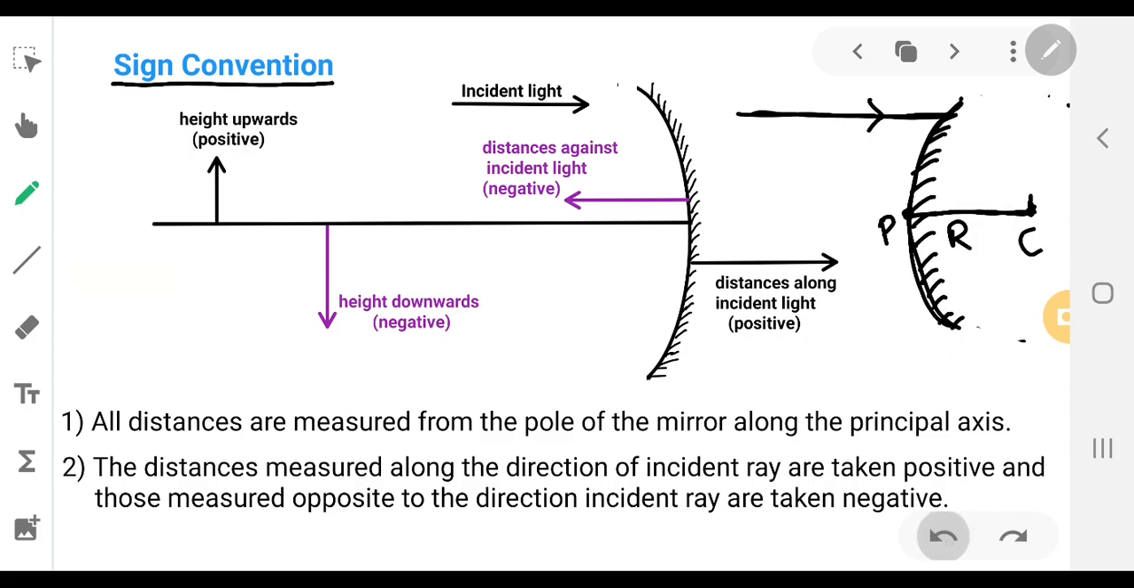Now we'll see about the focal length. When parallel rays are incident on the convex mirror, how do they reflect? They reflect in such a way that